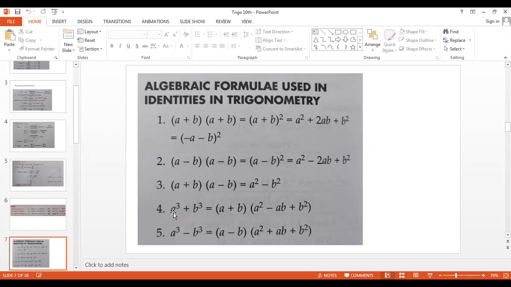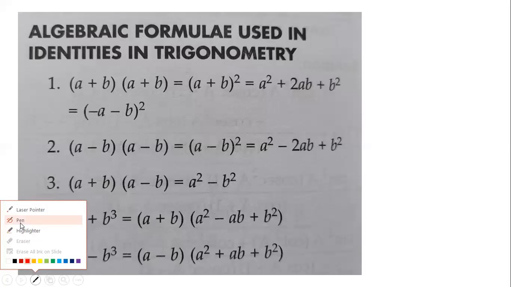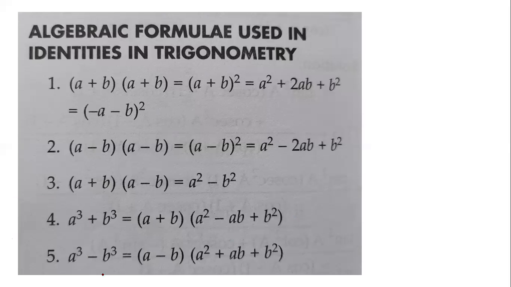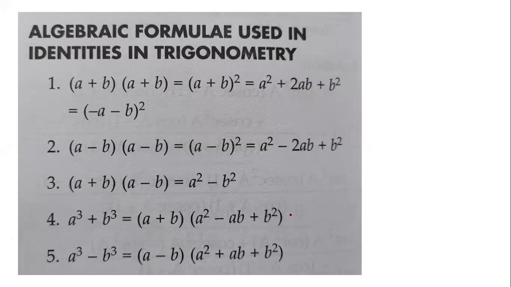Okay, there is one more formula for a cube plus b cube. I hope people remember it. And if you do not remember, you can write it down along with me. I'll just write it down along with you all. So what will be the another identity for that? See, it's very simple. A cube plus b cube will be written as a plus b the whole cube minus 3ab.